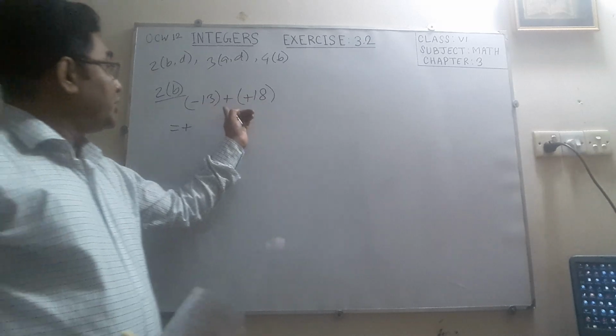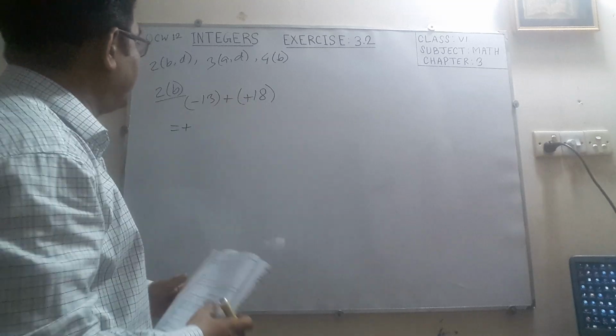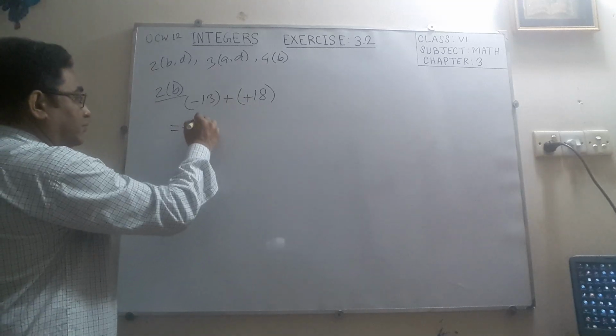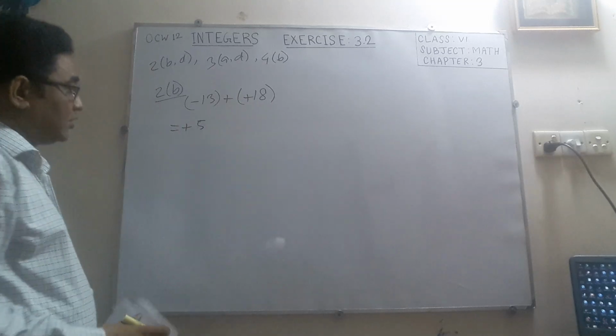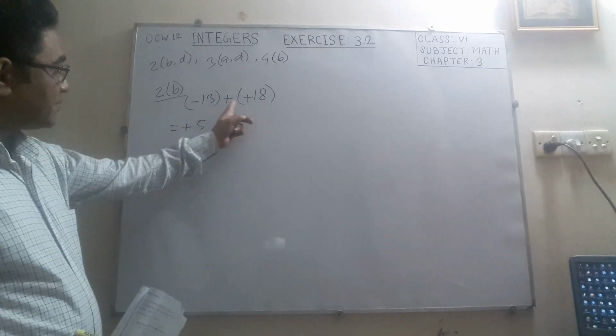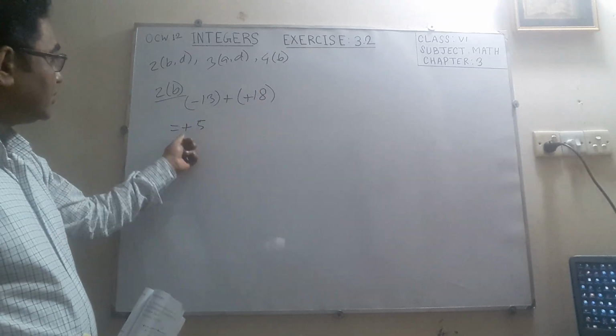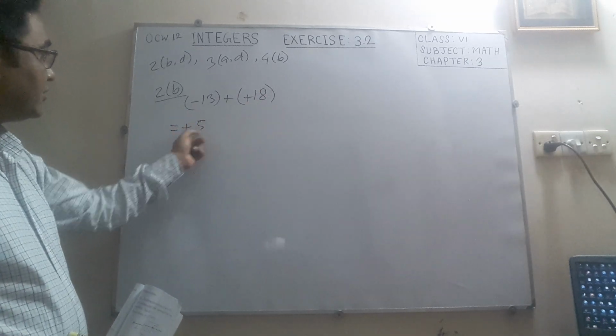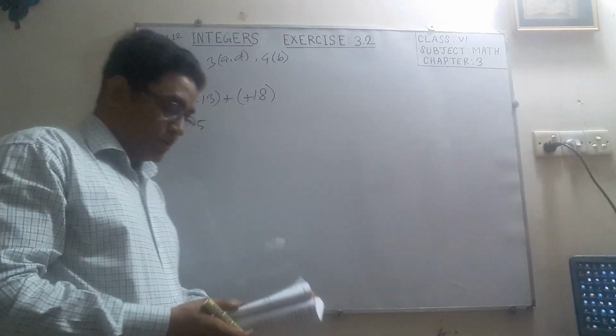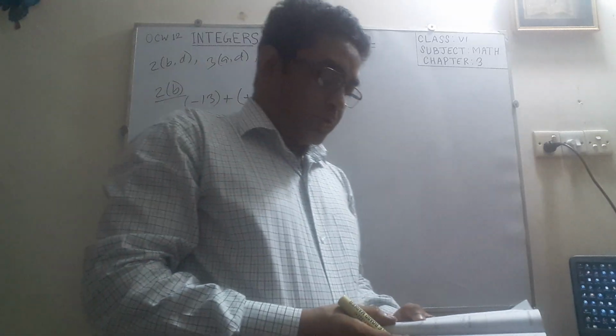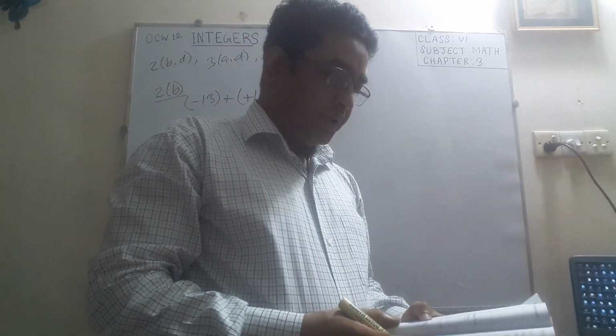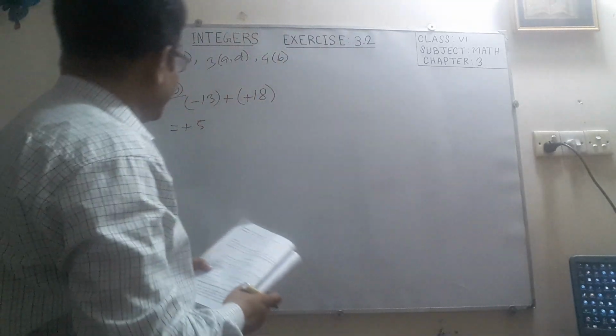The difference is 5. So we can write minus 13 plus 18 is equal to plus 5. So this is the solution for B, and for D